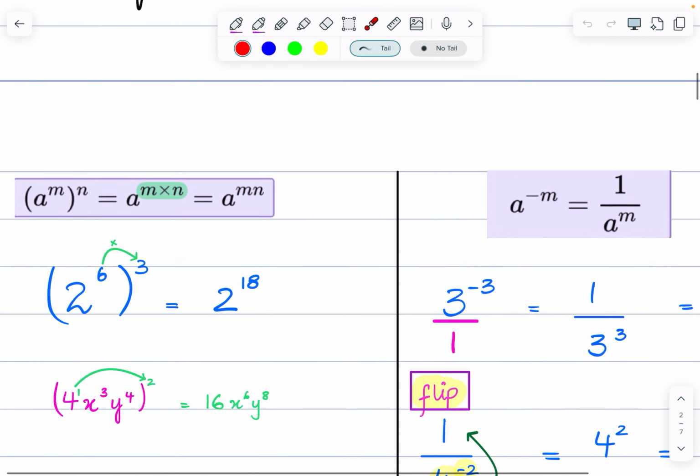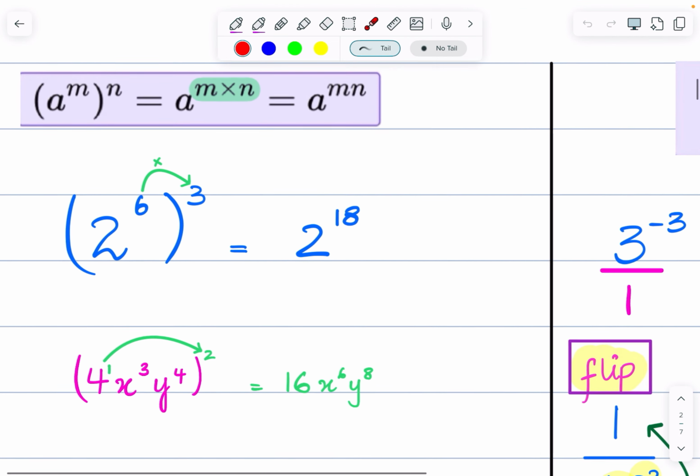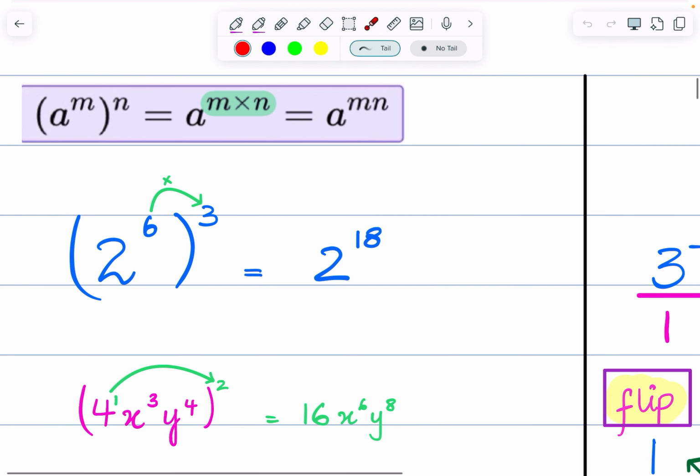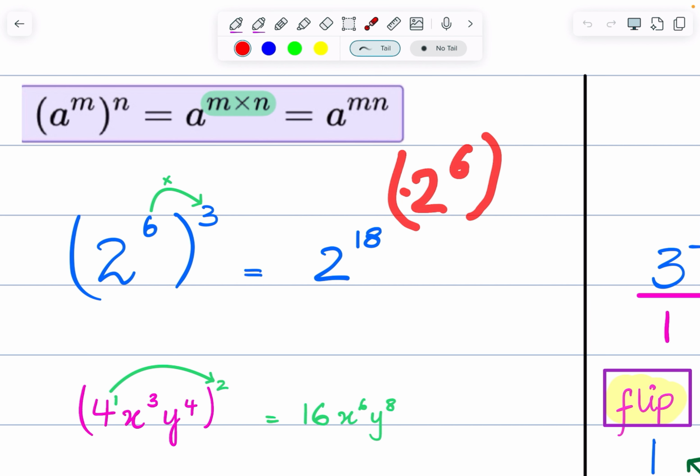I will move forward. The fourth law is, I like to call it the power on top of a power, but it's your choice, whatever you'd like to call it. Whenever you have a power, let's say it's 2 to the power 6 and it's whole powered 3. In this case, the powers multiply because एक power है और उसके ऊपर एक whole power भी हुई है. So it would become 2 to the power 18. 6 times 3 is 18. So the powers will multiply. So we'll get 2 to the power 18. Clear?